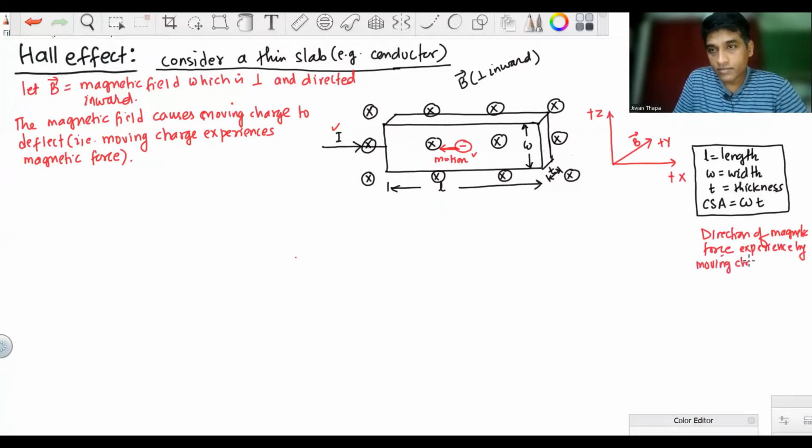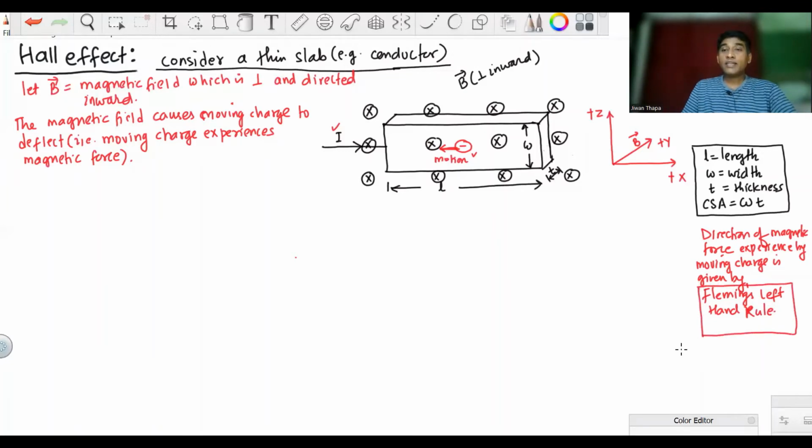Moving charge is given by Fleming's left hand rule. So this is to be noted, okay? And Fleming left hand rule is directly applied for positive charge, whereas in case of electron, we apply opposite to Fleming left hand rule. So I'm writing